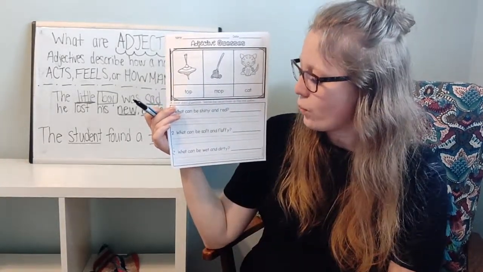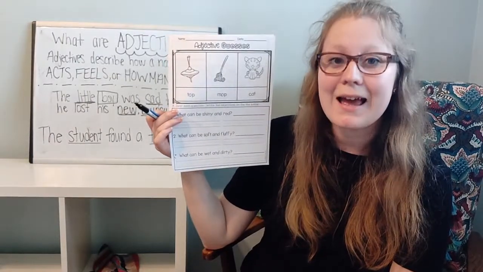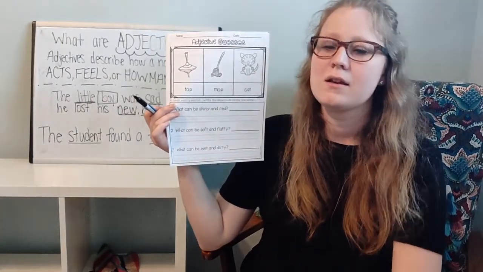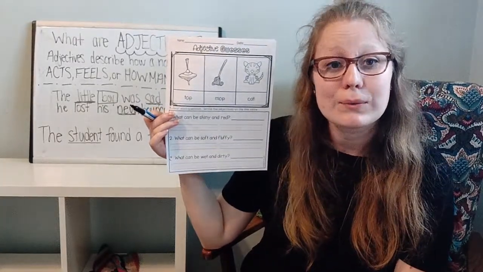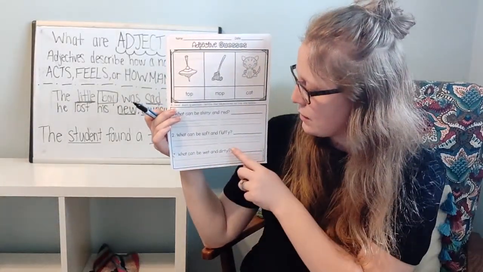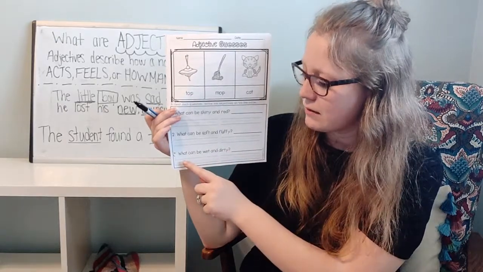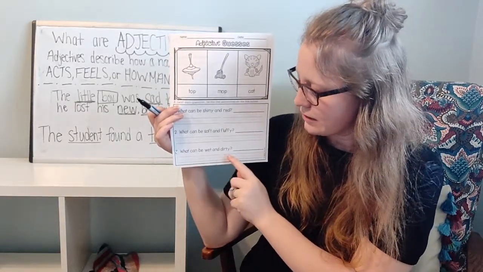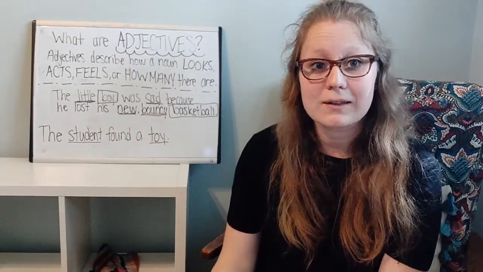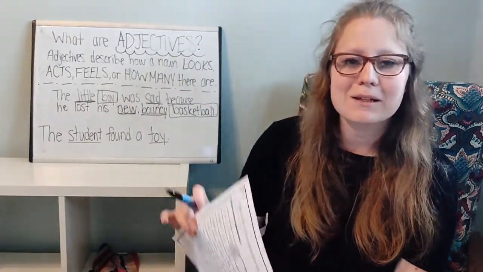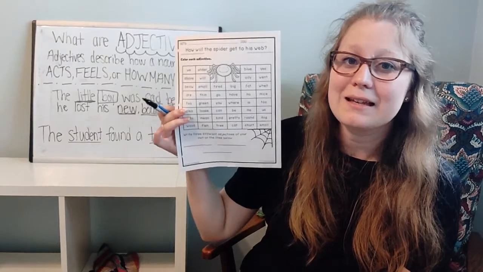Last, it says, what can be wet and dirty? Do you think it is the top, mop, or the cat? You decide which item you think it was. Write that down, and then write the 2 adjectives that describe that item. That is all the work that you have to do on that page, but there is this extra page that